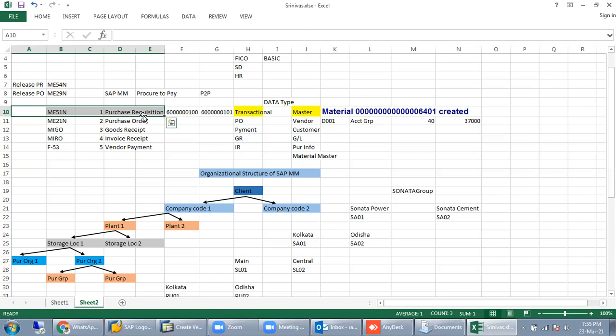Purchase requisition means I want this material, so we can request it from the internal team. Exactly, that is for the internal purchase team. We will create a purchase requisition and give it to the purchase team. The commercial team will do the vendor evaluation. They will talk with 4 or 5 vendors, and whoever is the lowest, L1, they will give the purchase order to that particular vendor. That is the work of the commercial team.